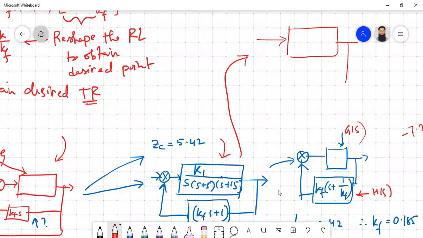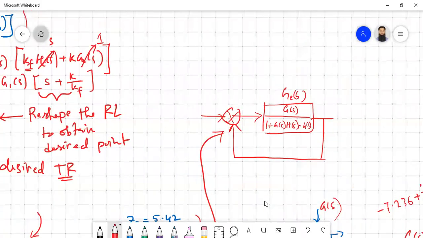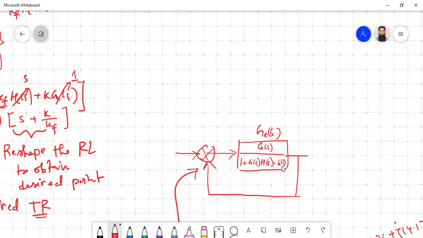Okay. So you have to have a unity feedback because we need G equivalent S to figure out the error. So how can you do that? The formula is very simple. The formula is forward path gain divided by 1 plus forward path gain times feedback gain minus G of S. So if you apply that, then what finally we are going to get out of this is